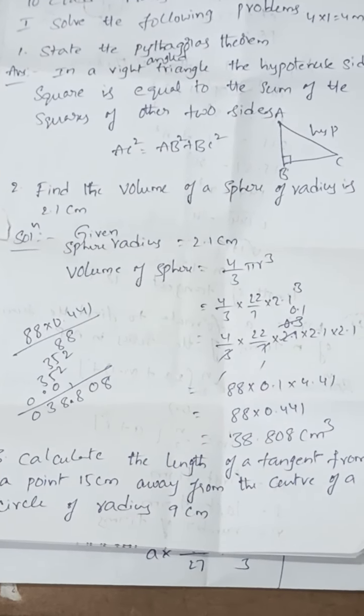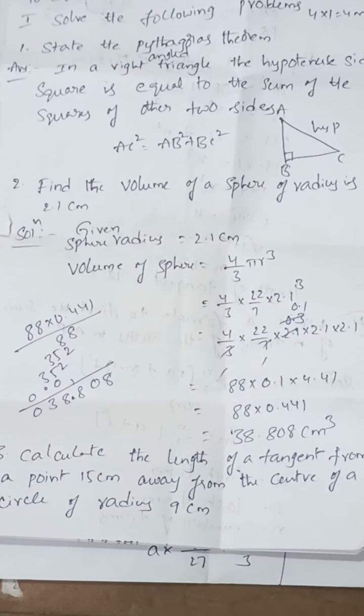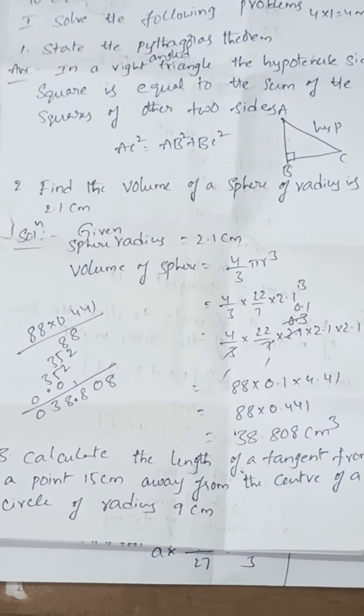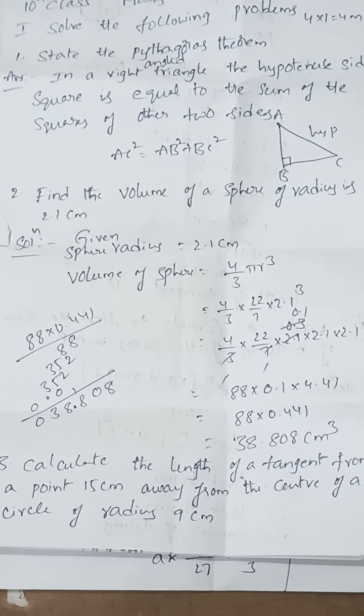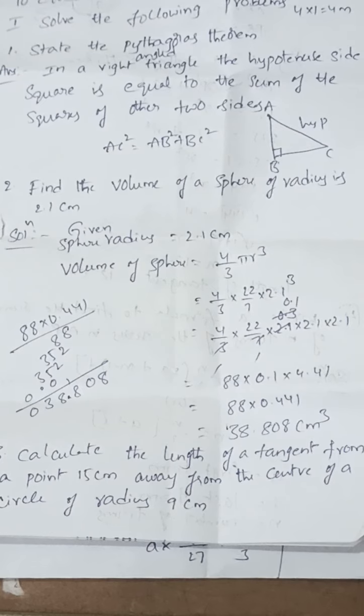So 88 into 0.441 is 38.808 centimeter cube. Next, third one, calculate the length of the tangent from a point 15 centimeter away from the